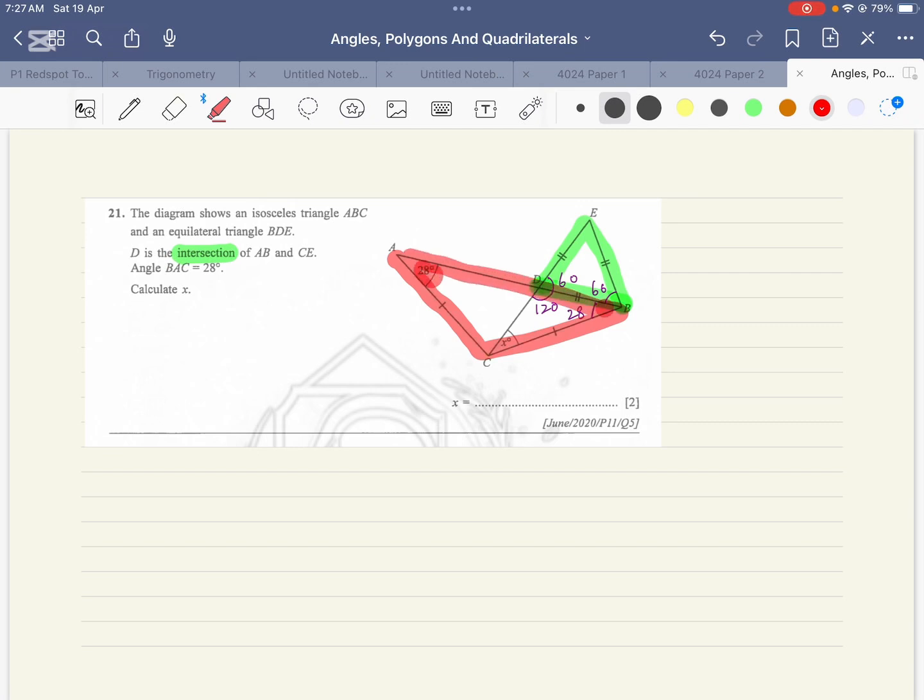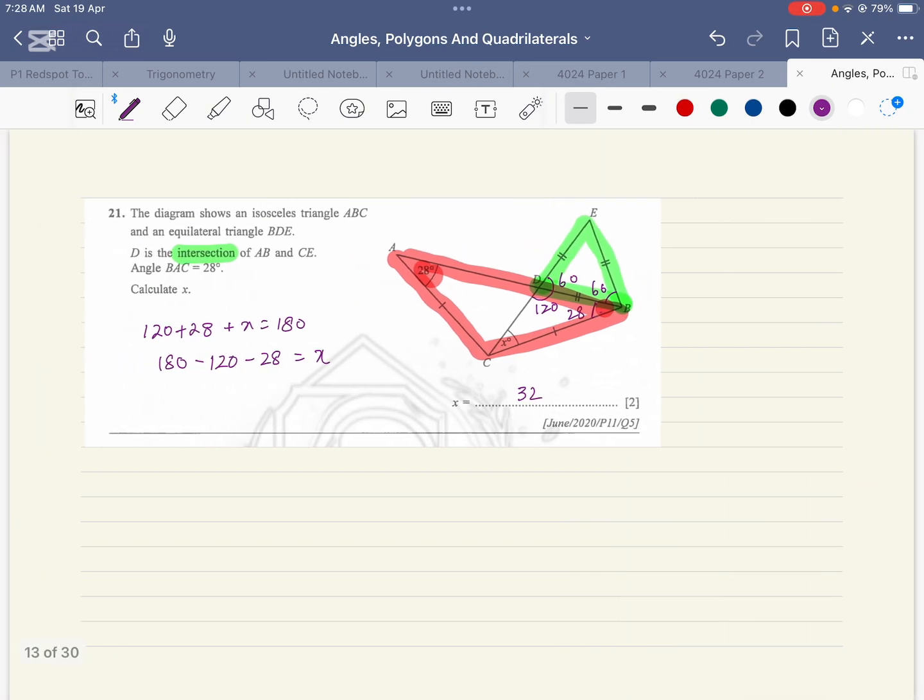So corner angles will also be the same for sides that are the same in length. If this angle is 28 and this angle is 120, then 120 plus 28 plus x is equal to 180. 180 minus 120, which is 60, minus 28 is equal to x, which is 32. So the answer is